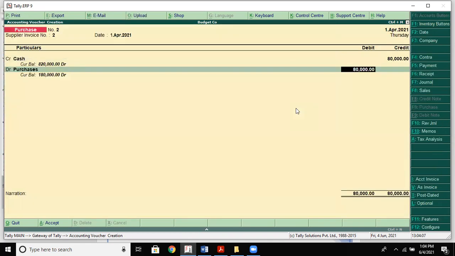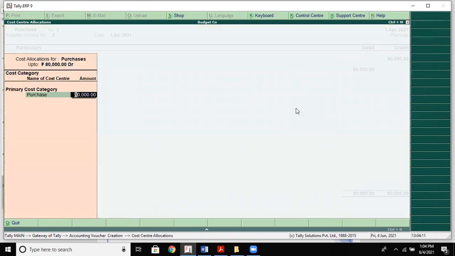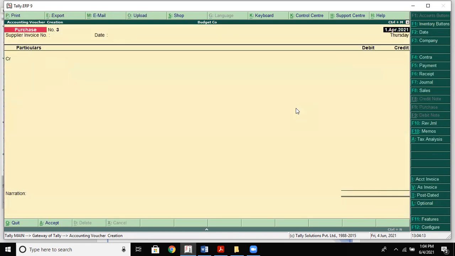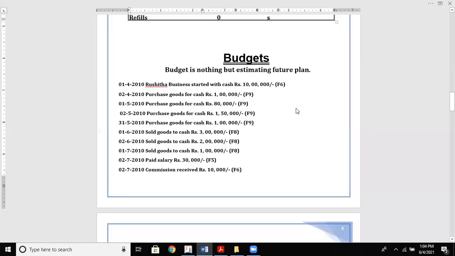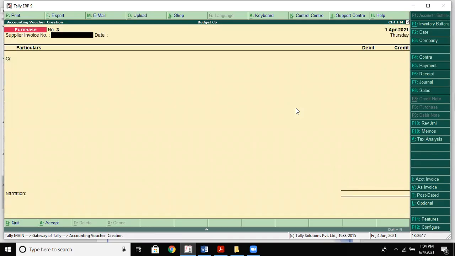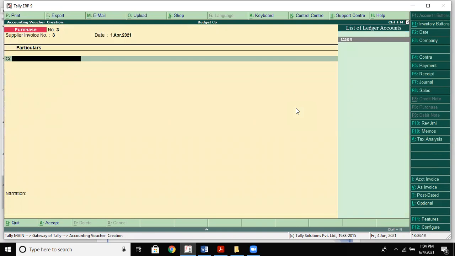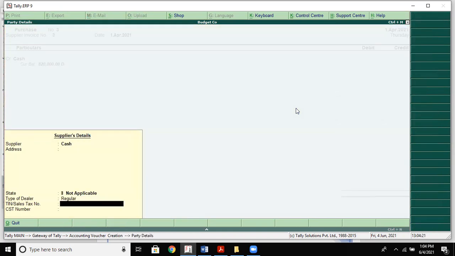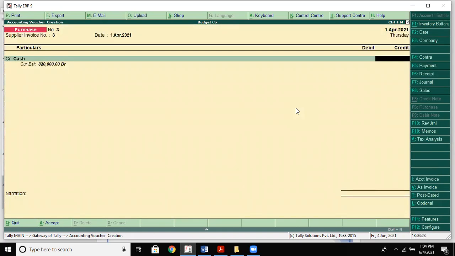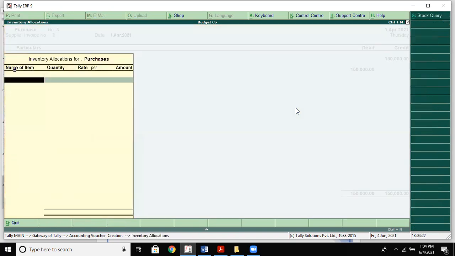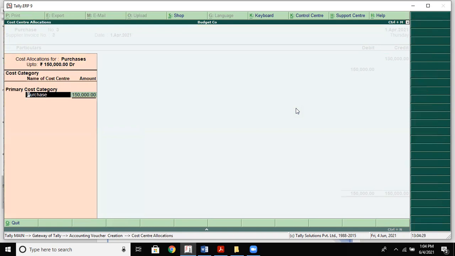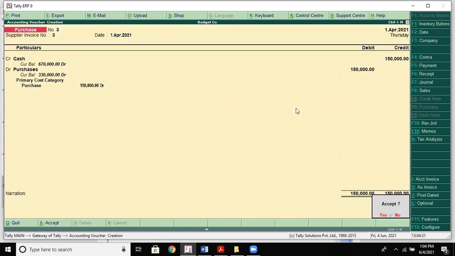Purchases. So we can see the quantity is being updated, right? Then she also purchased goods for cash of 1,50,000. And the purchases is this much, 1,50,000.